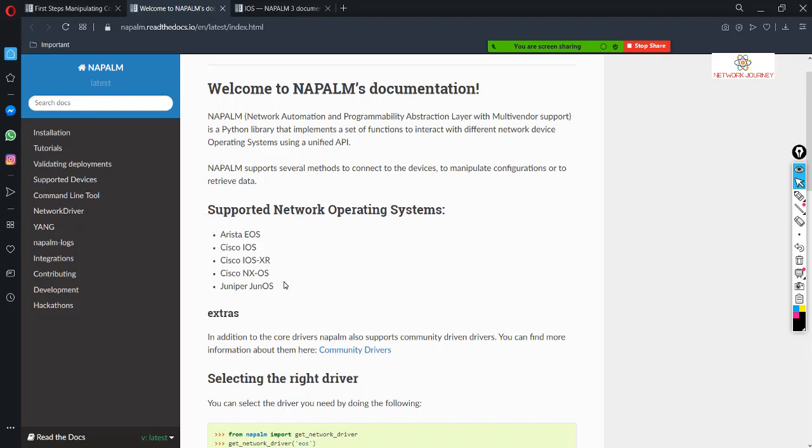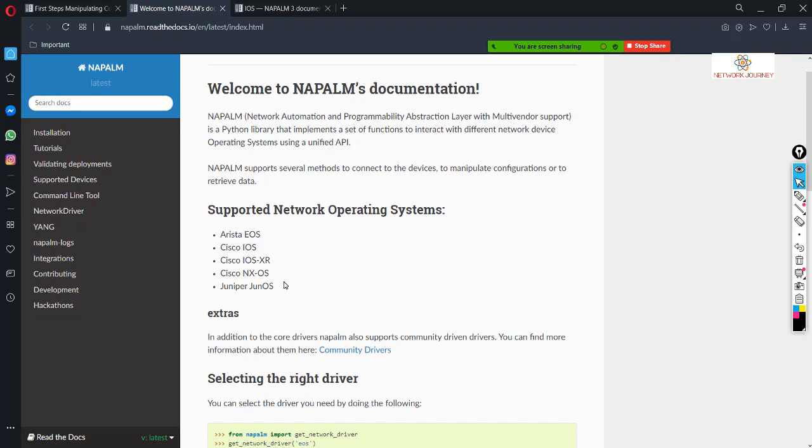That's why when I said it's a unified API, you guys would have been thinking, why then do we discuss Paramiko and Netmiko, right? We could have discussed NAPALM in very depth, but unfortunately it supports only this many vendors. Whereas if you talk about Netmiko, it will support a lot of other vendors, right? You have Checkpoint, Palo Alto, FortiGate.